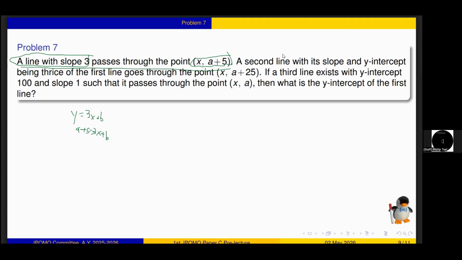The second line, with double the slope and y-intercept of the first line, is basically y equals 9x plus 2b, sorry, and passes through the point x comma a plus 25, right? And similarly, if a third line exists with y-intercept 100 and slope 1, such that it passes through the point x comma a, you can translate this to another equation,